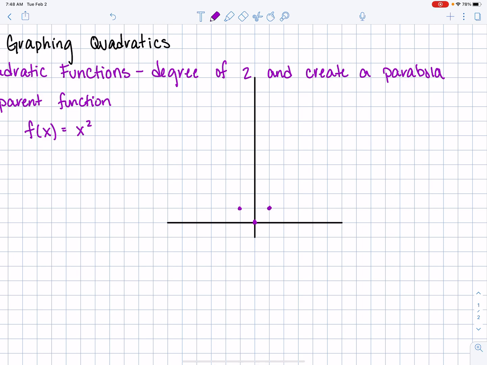And of course, whatever happens on one side happens on the other because a parabola is folded in half. It's symmetric. So then you go over 2, up 4. And the other relationship that I want to point out is, of course, over 3, up 9. And on the other side, negative 3, up 9. And of course, this would keep going, right? We would have over 4, up 16, over 5, up 25. And then you use your pencil and you create as best as you can a nice curve between these points